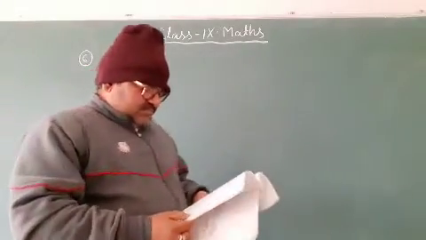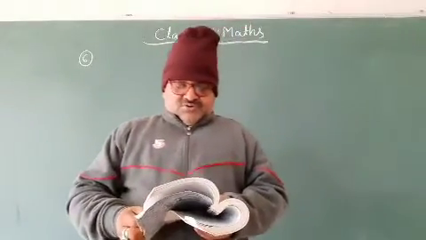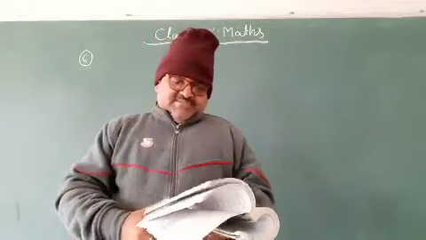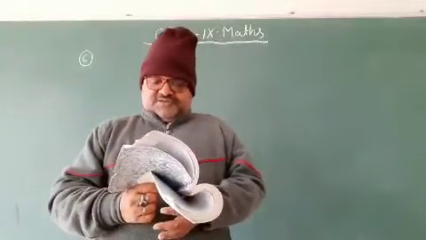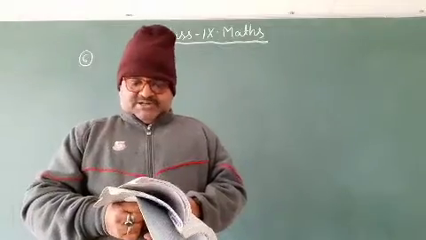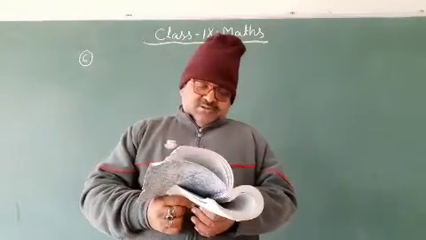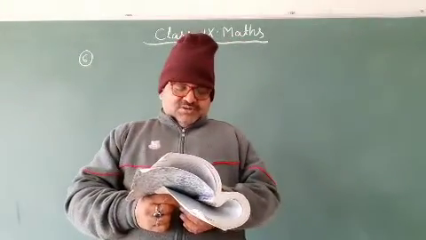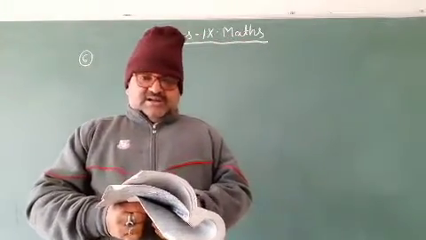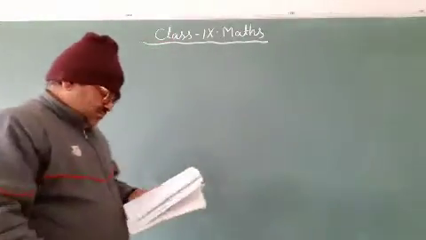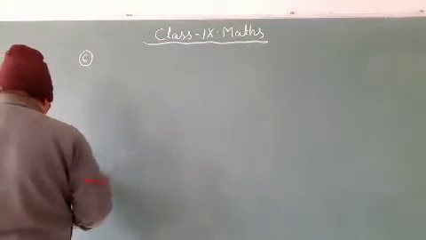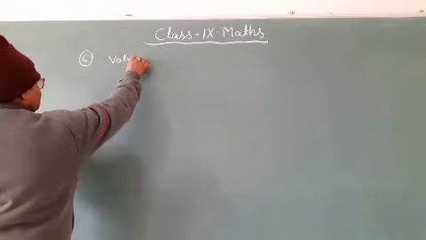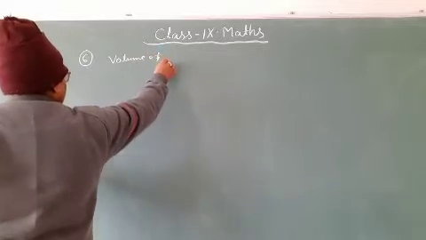The volume of a right circular cone is 9856 centimeter cube. If the diameter of the base is 28, find the height of the cone, slant height of the cone, and the curved surface area of the cone. So volume of cone